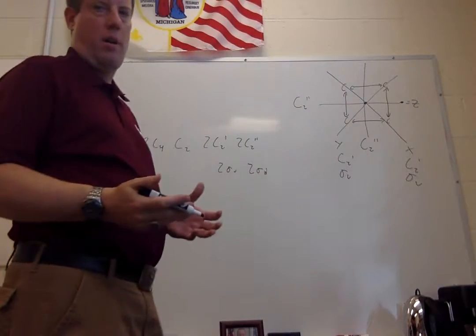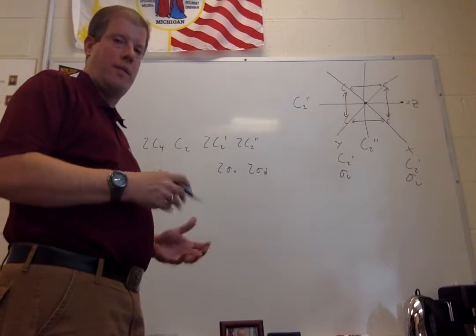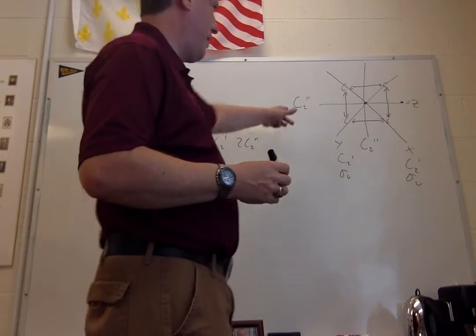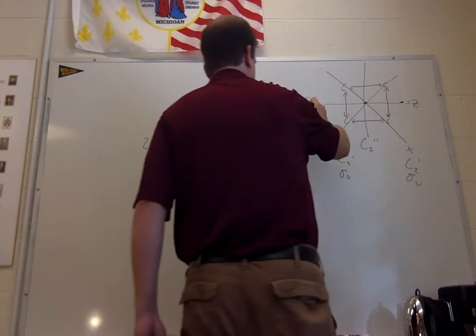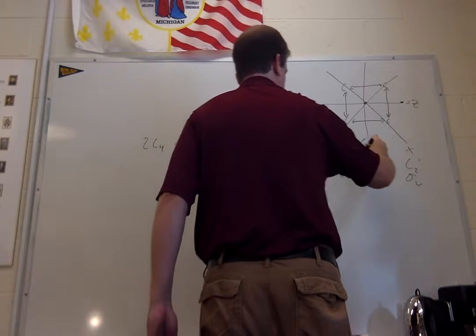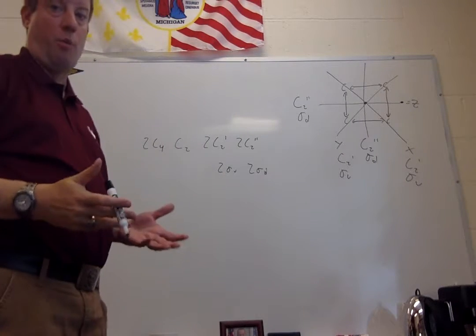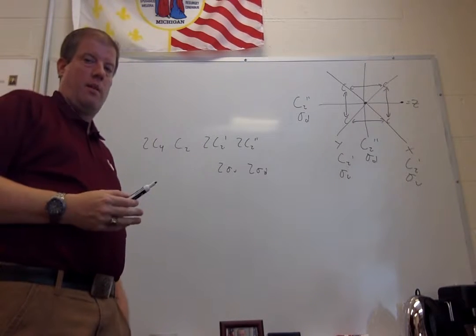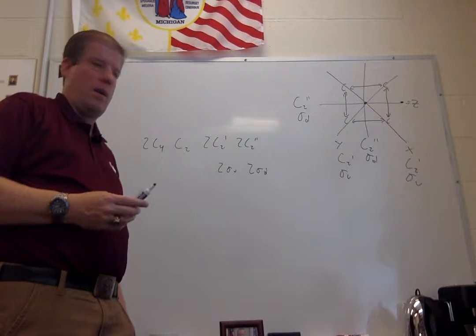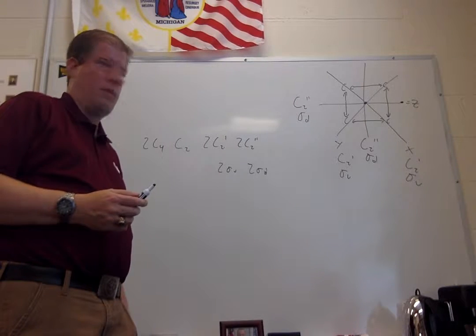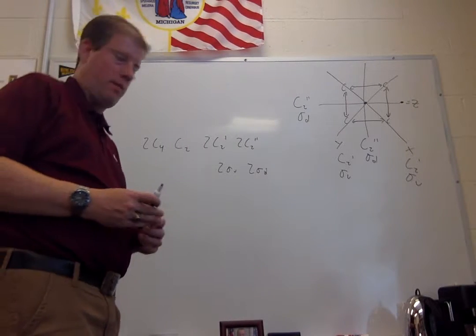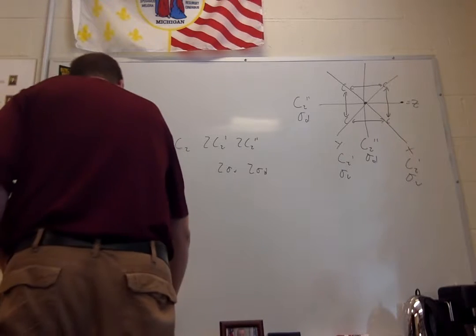One's the xy plane, one's the xz plane, one is the yz plane. And then these guys also define our dihedral planes. Now that's important for when you set up all of your analysis for this. Okay, so